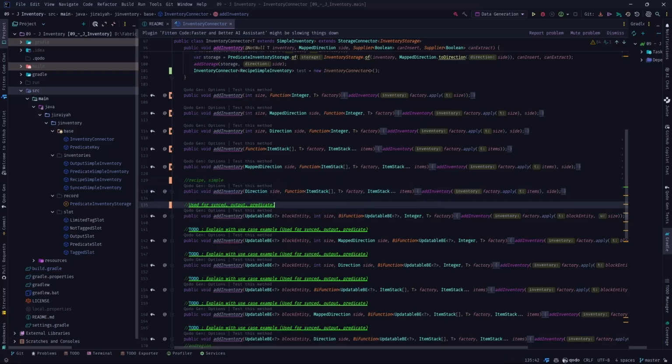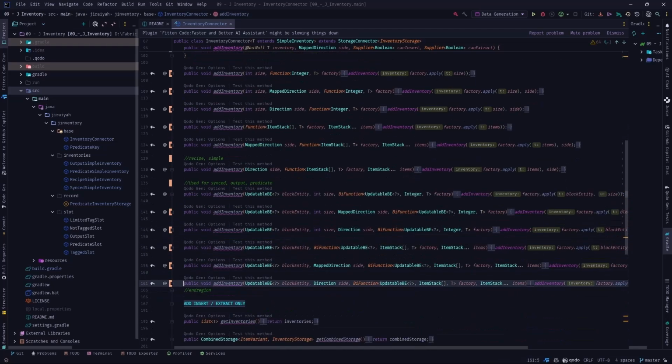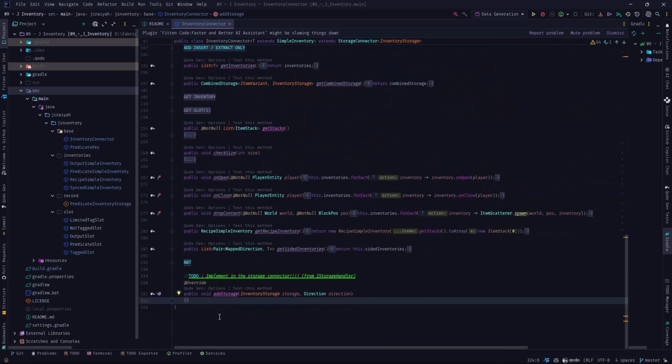So those that are starting with block entity are for the synced output and predicate, and those that don't have block entities are for recipe and simple. That was one update. Then we have this one, and it comes from IStorageHandler inside